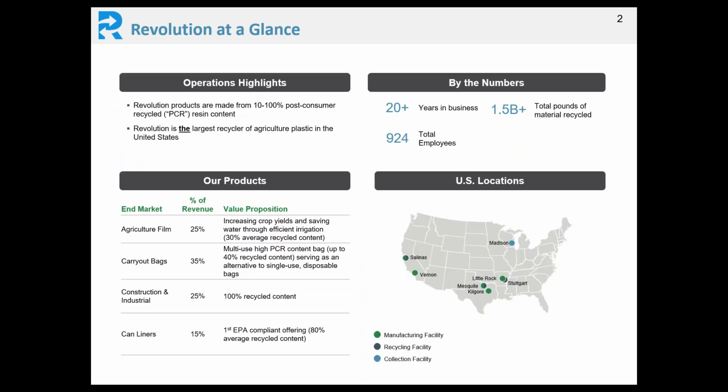This gives you just a little bit of an idea of, again, our company and our footprint. So we have manufacturing facilities across the country and recycling facilities in California and in Arkansas. And again, our whole focus from the beginning is recycling products and turning them back into new products. So we use as much as what's called post-consumer resin. And again, that's recycled materials that have once been used into our products.